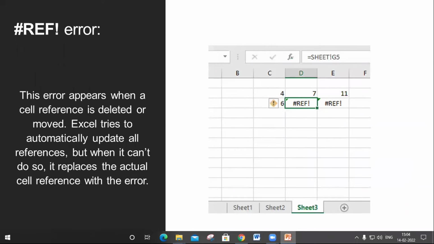The next one is #REF!. The reference is not available.